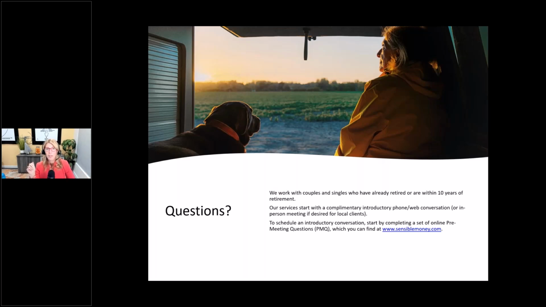But there's other clients who say, you know what, I don't want to take that big tax hit. And I've even had people say, if the market goes down right before I want to retire, I'll just work longer. I would rather actually do that than pay all these upfront taxes to transition my portfolio. So they're obviously very comfortable with risk and with taking a more measured approach. So I wish I had a crystal clear answer, but those are the kind of discussions that we might have to figure that out.